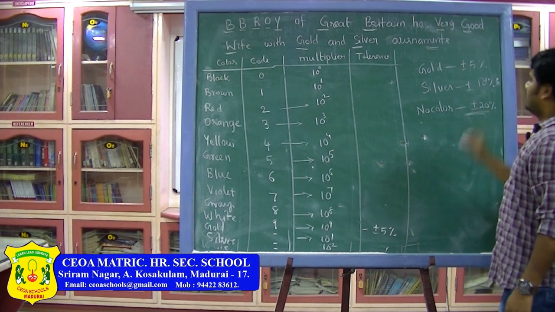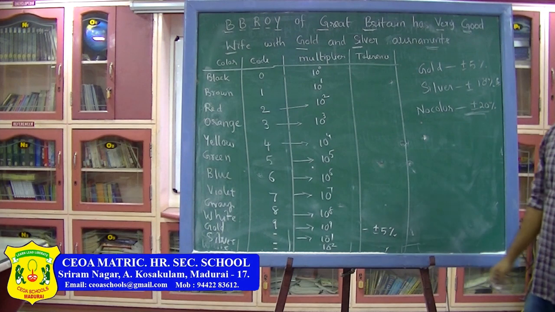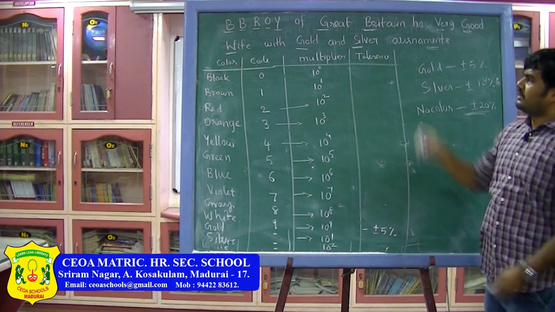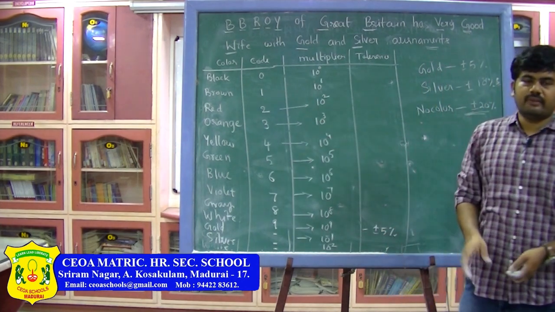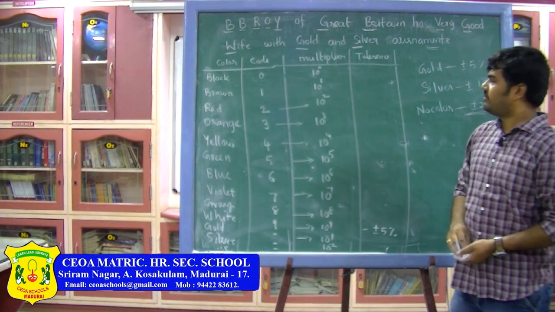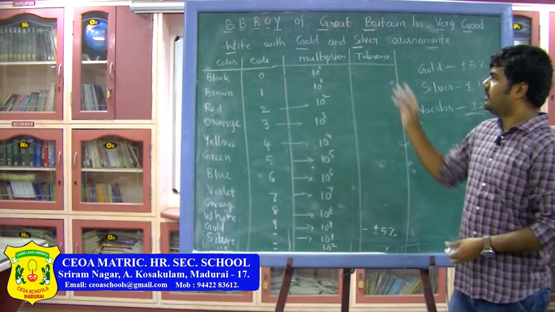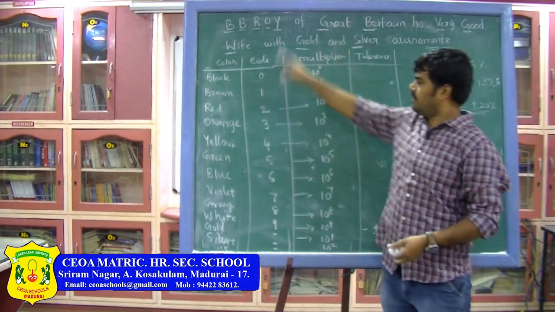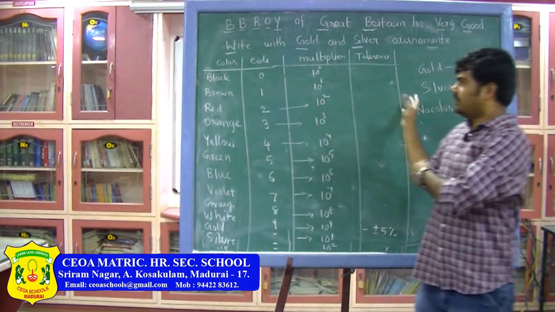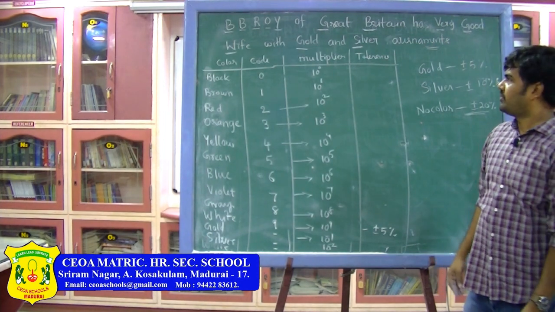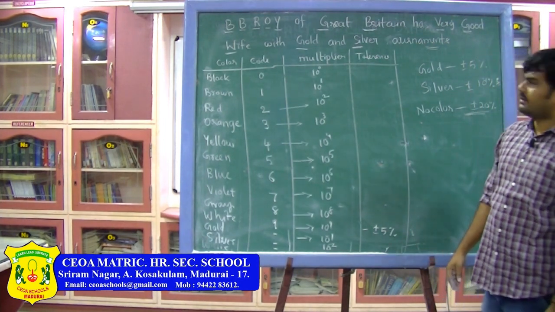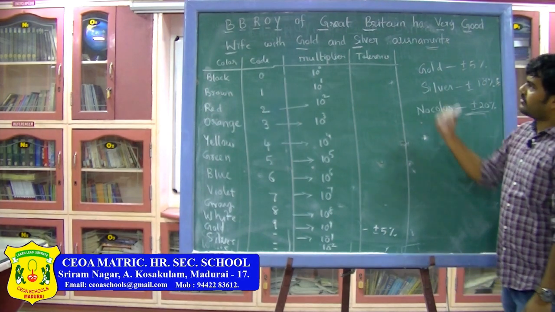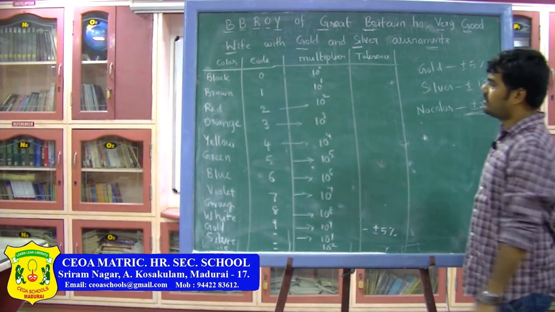So this is the way to remember the color codes. Just with this one sentence you can remember all the colors, and you can calculate the resistance of any given carbon resistor for any color bands. That is the concept. So remember the sentence and make a table, and then you can solve the problems. Just by practicing some problems you will get a clear idea. Now let us discuss one or two examples based on these carbon resistor color codes.